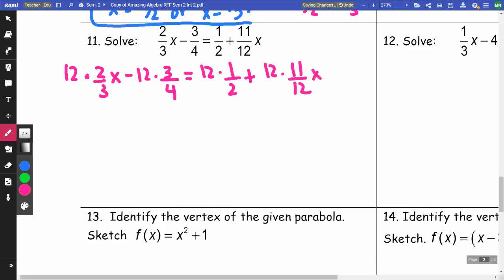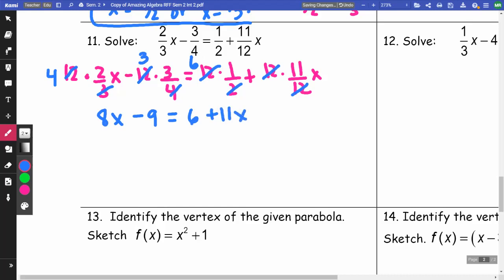11/12 x. And what's going to happen here is, sorry, 3 goes into 12 4 times. 4 times 2x is 8x. 4 goes into 12 3 times. -3 times 3 is -9. 2 goes into 12 6 times, so I get a 6. 12 goes into 12 once, so I'm going to be left with that 11x, and now I'm going to solve